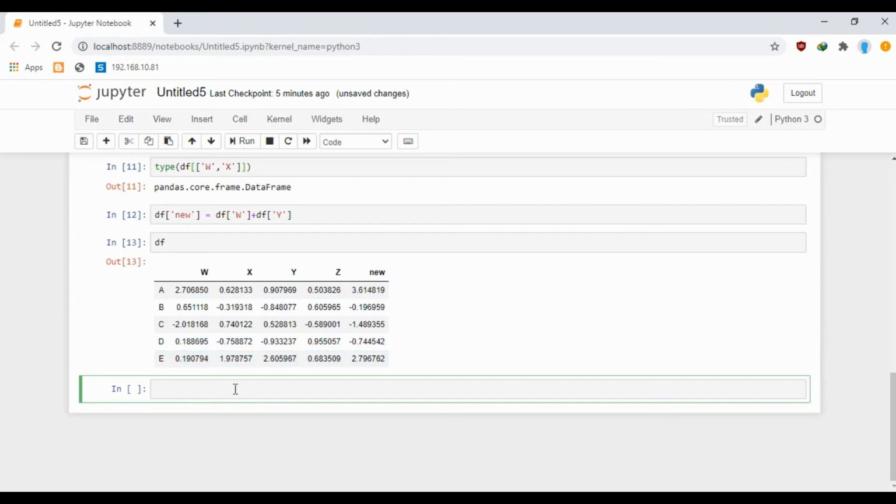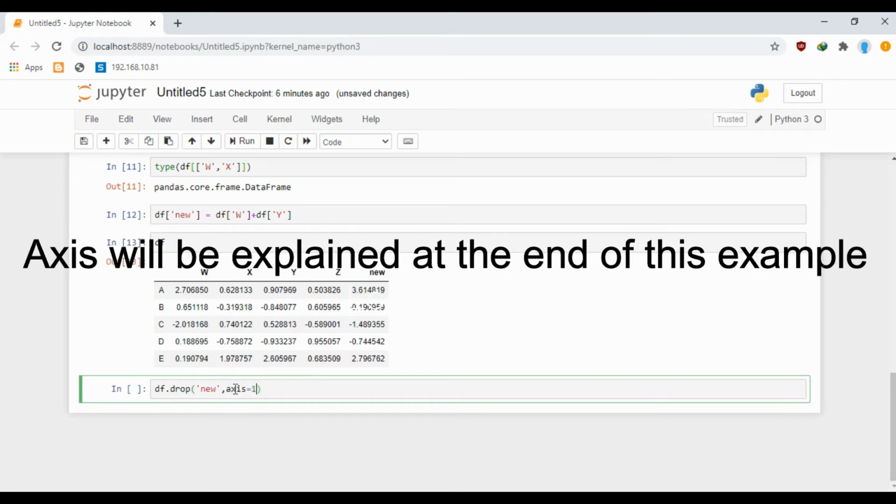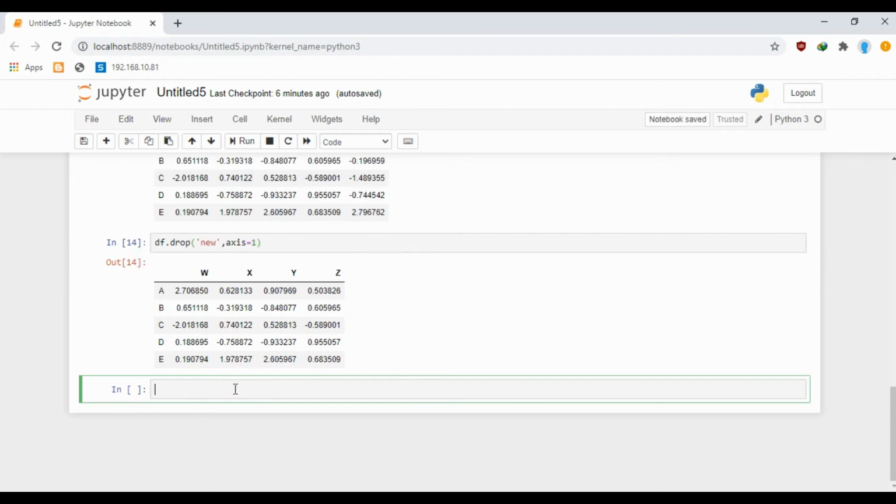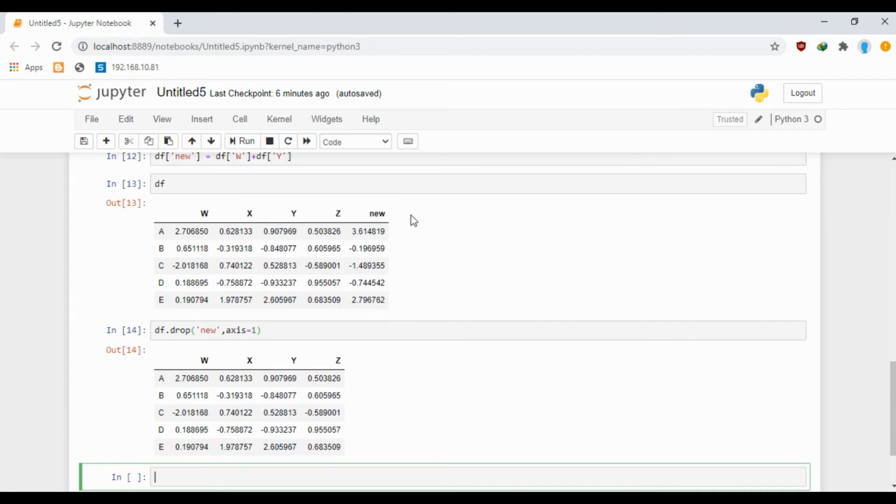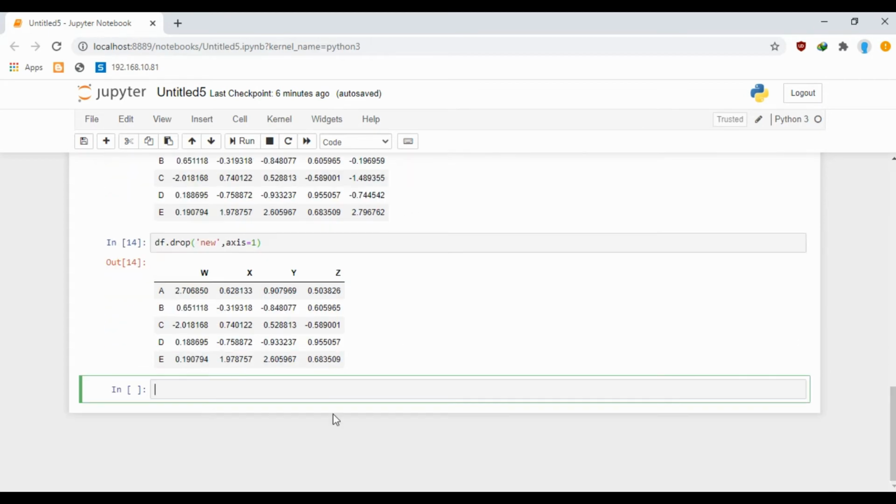If I want to remove a column from my data frame, then I can just do drop, comma, and I need to specify the axis as well. Now here you can see that this new column has been removed. But if I take a look at my data frame, you can see that it hasn't been removed.